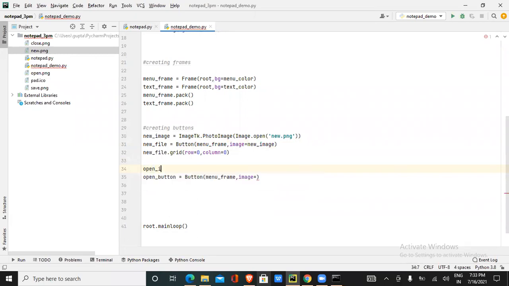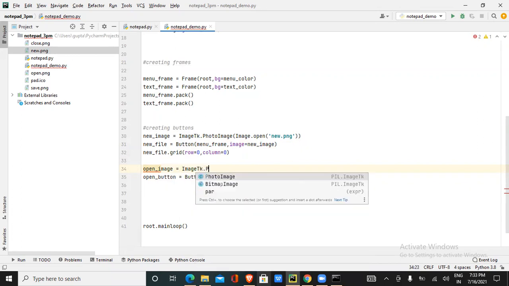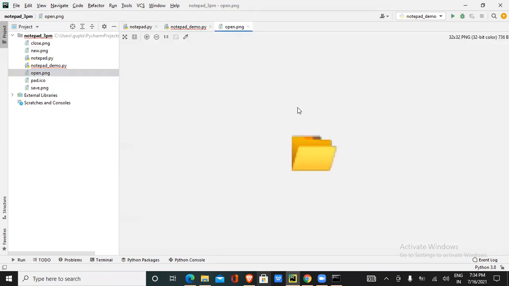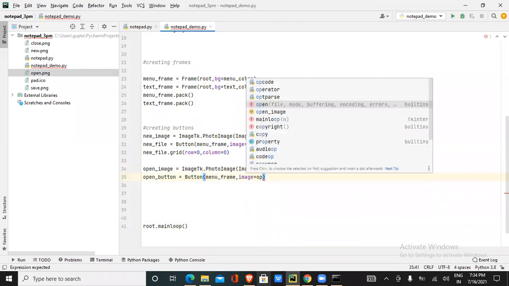So open underscore image equals to image tk dot photo image. In the parenthesis of photo image, write the image dot open. In the strings, what is the name of the image now? Open dot png. So you can see here open dot png. This is the image. So we're calling it here into the open underscore image. And we'll send this open underscore image variable into this button.